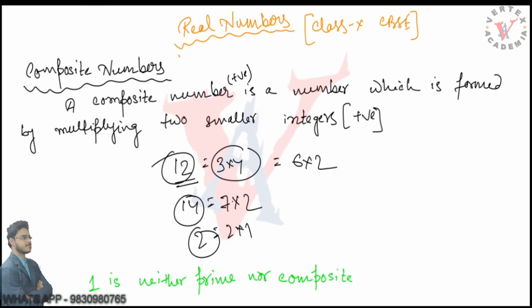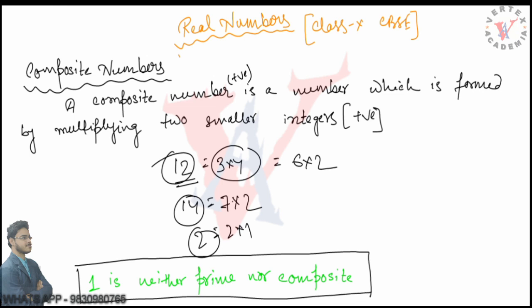We were quite young. I mean, still I am young. That's not a problem. But when we used to be in class 9, 10, and even in lower classes like 7, 8, this statement used to fascinate us. We would always say 1 is neither prime nor composite. So basically we were children. Leave it, jokes apart.